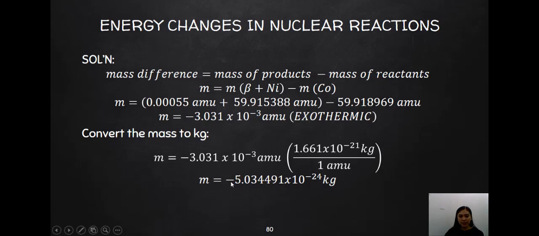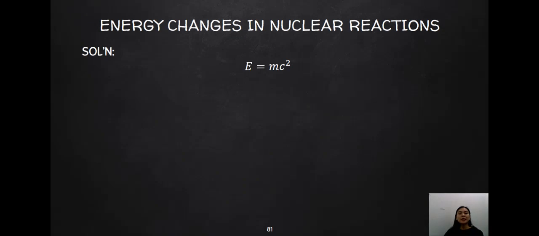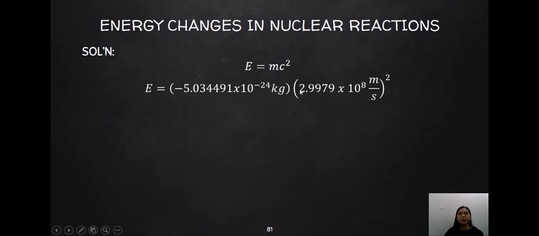Now, since we already have the mass, we could already calculate for the energy. So, going back to our Einstein equation and filling in what we have, you have the mass, you have the speed of light. You will be given this equation: negative 5.034491 times 10 raised to the negative 24 kilograms multiplied by the speed of light, which is 2.9979 times 10 raised to 8 meters per second, the whole quantity squared, to give you an amount equal to negative 4.524700662 times 10 raised to the negative 7 joules, and this is in terms of per nucleus of the cobalt